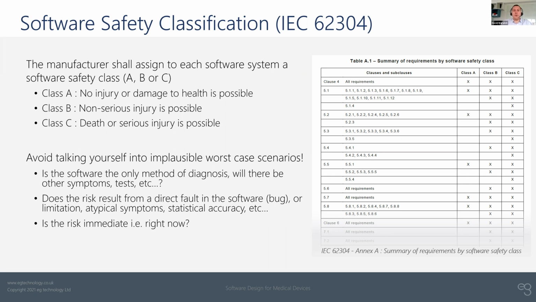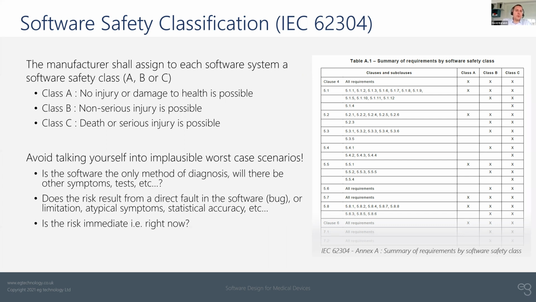The reason that's important is, as shown in that illustration on the right-hand side, that the level of rigor you have to put into your software development process depends on the classification that you give to the software. And as you would expect, the more serious the classification of the software, the more likely it is to lead to patient harm, the more rigor you need to put into your development process. But I would